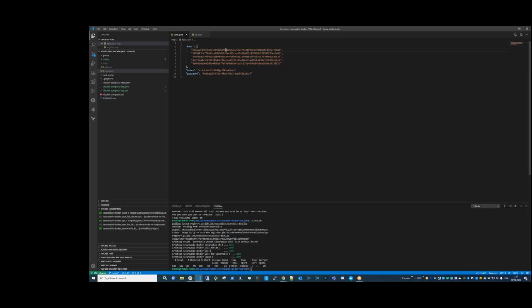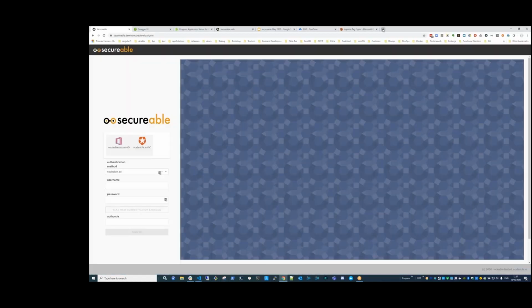And we also have a token to access the SECURABLE system, and then we have a password that's generated. What we also do is we automatically generate an admin user and generate the password for this user so that we can access it.